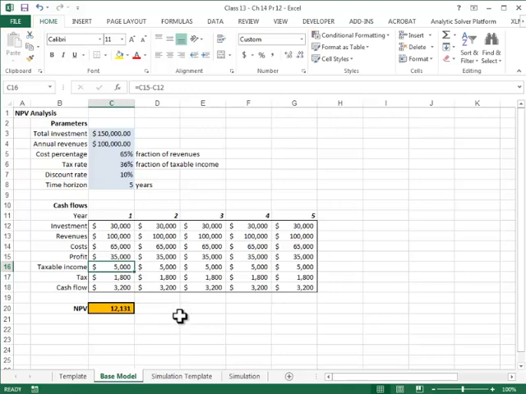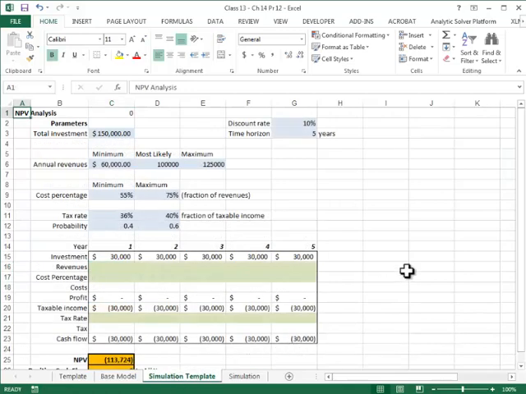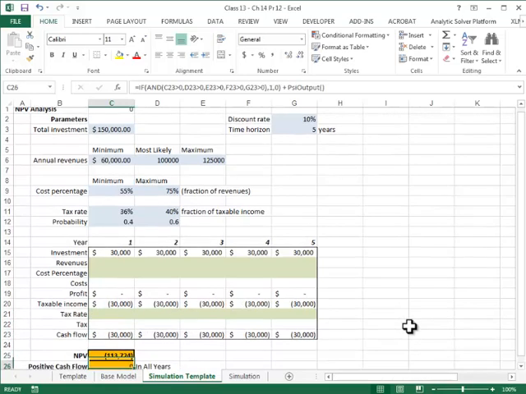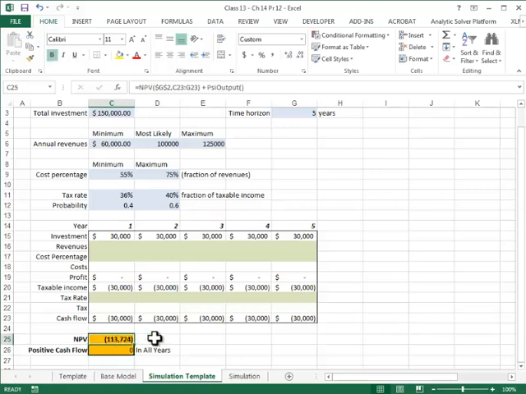Now, in order to create a simulation model here, first I have the simulation template. Let's see what I have changed. As you can see, the annual investment is not uncertain, so that's the same. The revenues now will be a triangular distribution using these three parameters. The cost percentage will be a uniform distribution. The tax rate is going to be a custom discrete distribution. And I also need to make sure that I add the NPV,